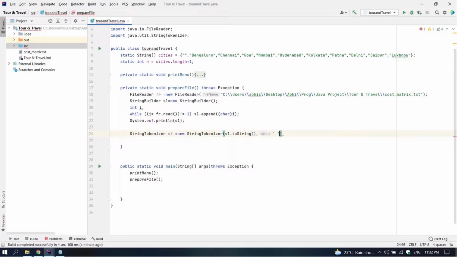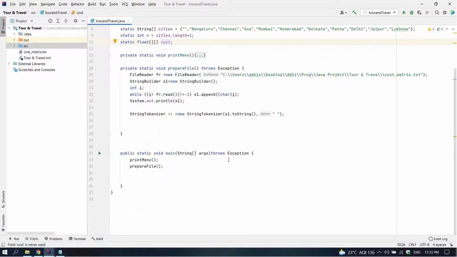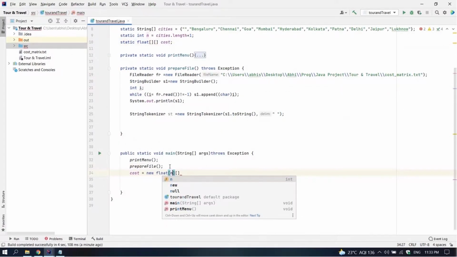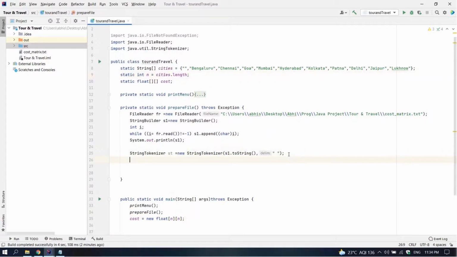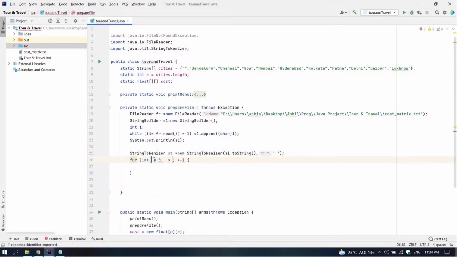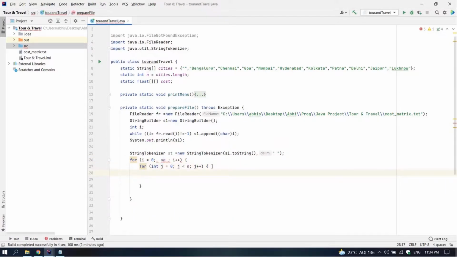Now we will use StringTokenizer to separate the numbers in the string and parse them into float. We are going to initialize this cost matrix in our main method. So we are going to use two for loops to parse this data, which is in our StringBuilder, and store it in our cost matrix.